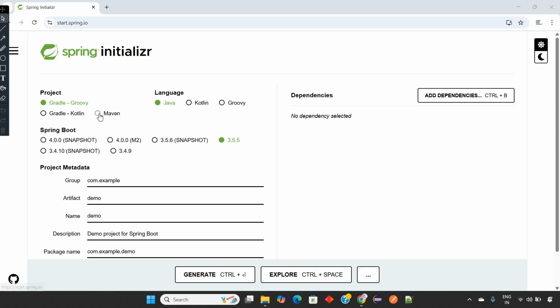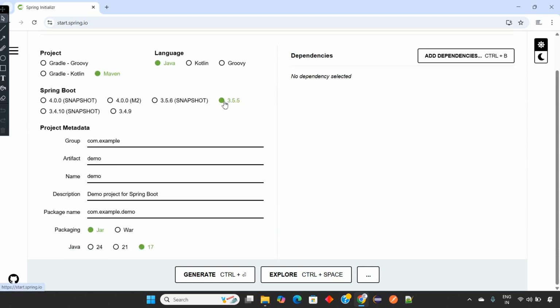Here we can create the Maven project, Java project, and one thing to note, guys, to implement Java virtual thread, the Spring Boot version has to be higher than 2.2. Okay, then it will be 3.5.5, and we have to give a name like com dot learn